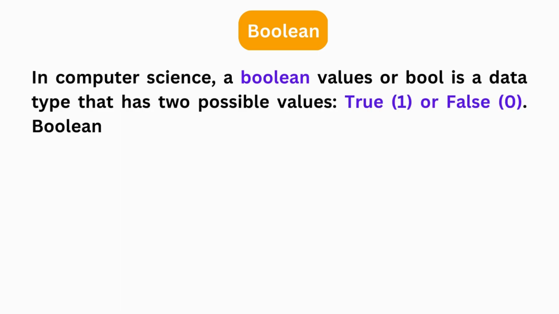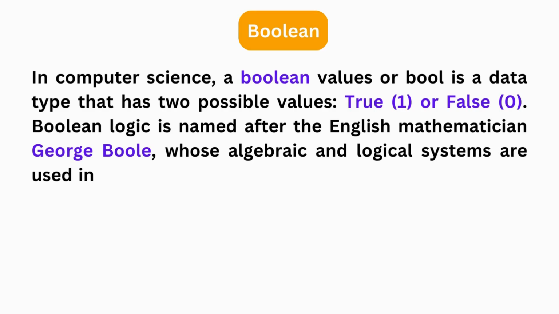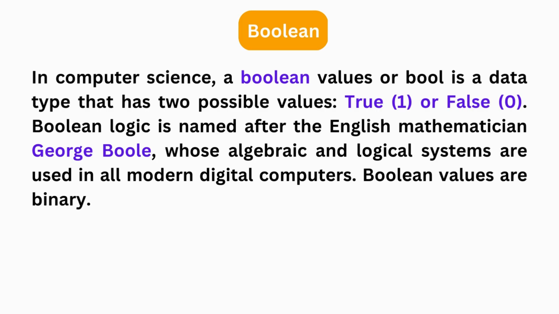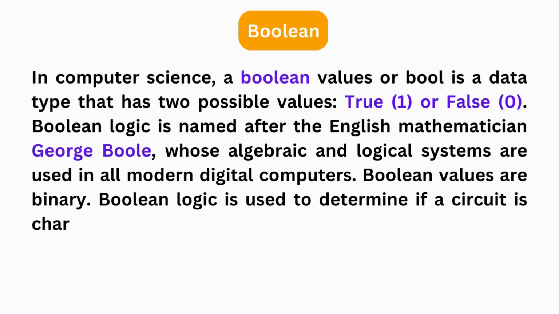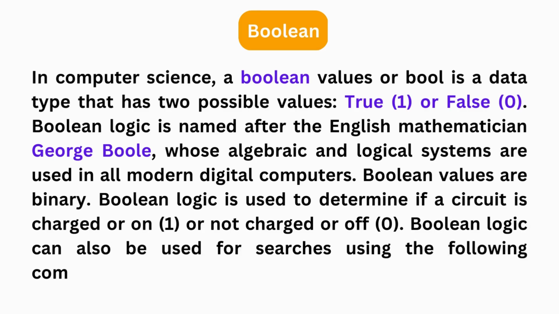1, or false, 0. Boolean logic is named after the English mathematician George Boole, whose algebraic and logical systems are used in all modern digital computers. Boolean values are binary. Boolean logic is used to determine if a circuit is charged or on, 1, or not charged or off, 0. Boolean logic can also be used for searches using the following comparisons, and, or, not, and